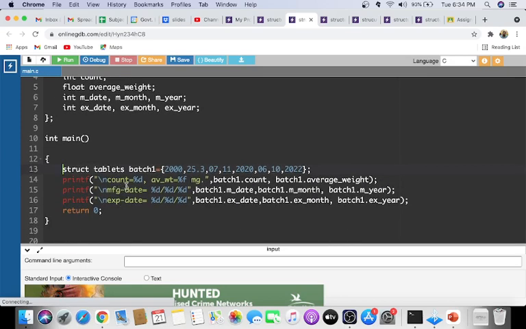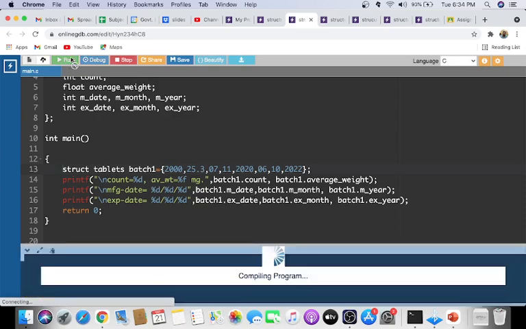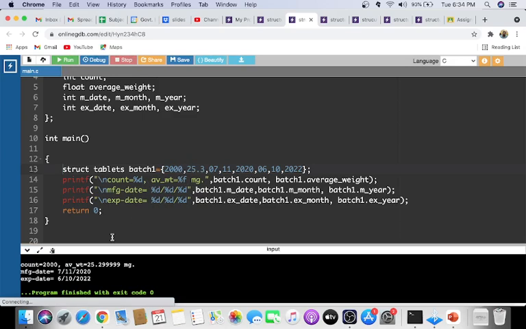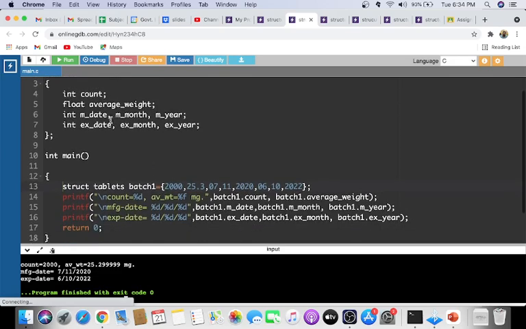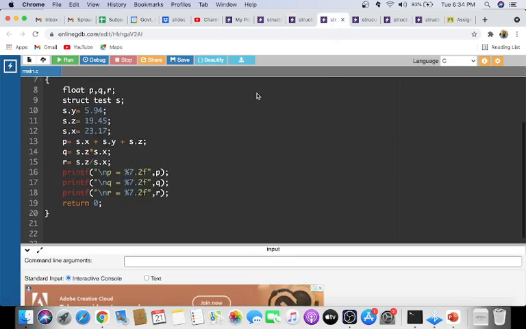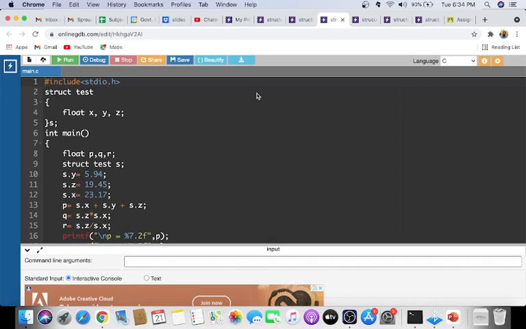Now we are printing this count, the same three printf statements. Now if you run this program, you can see that it will be automatically printing all those values. So you can see it will be printing like this. I have included a slash after this, %d slash %d. That's why it is printed like this. So this way you can do the same thing. The only difference is I have not included a variable name here. Instead, I have declared it separately inside the main program and initialized those values. So that is another way to initialize.